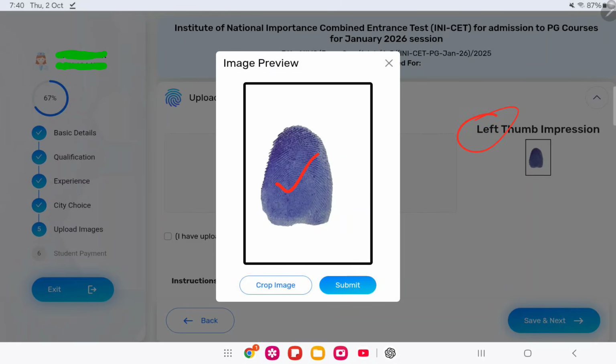And upload your left thumb impression here. If you do not have an ink pad at home, then take any ball pen, remove the nib, and spread the ink on your left thumb uniformly. Take the impression on white paper 1, 2, 3, 4 and so on, and pick the impression of your thumb which is clear and better, then select and upload it and click here to submit.